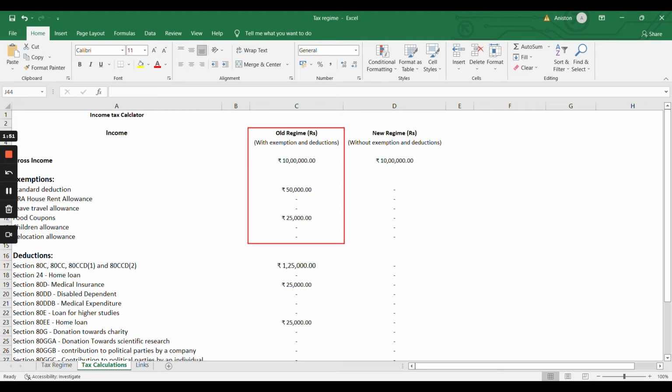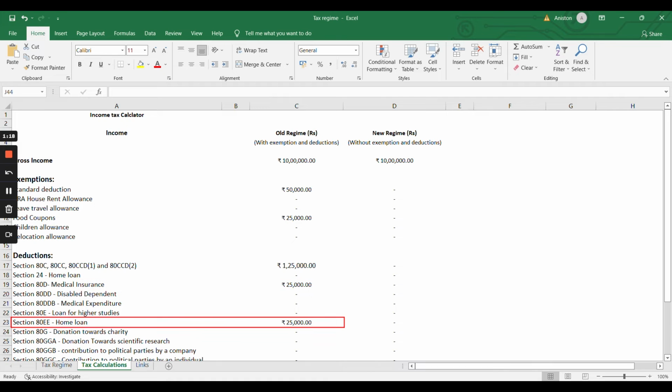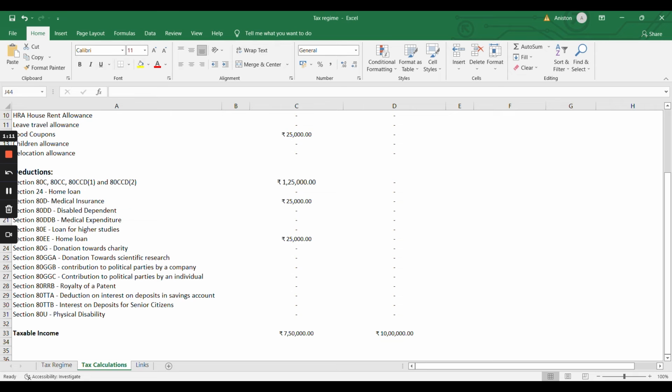If you are opting for the old tax regime, you can see there's a standard deduction of 50,000, and if your company is giving you food coupons, up to 25,000, you can claim that. And under section 80C, if you have any home loans or any investment schemes which have a lock-in period, you can claim that as well. Suppose this person in this scenario has all these exemptions and deductions which he can claim. Suppose he can claim 1.25 lakh for 80C, 25,000 for medical health insurance, and 25,000 for home loan, and so on, and the exemptions. So his taxable income will be reduced to 7.5 lakh,